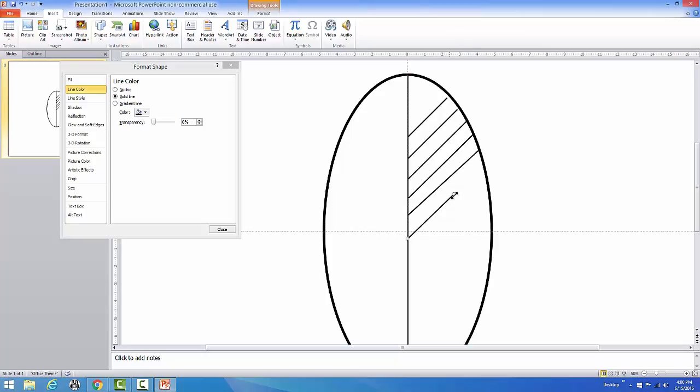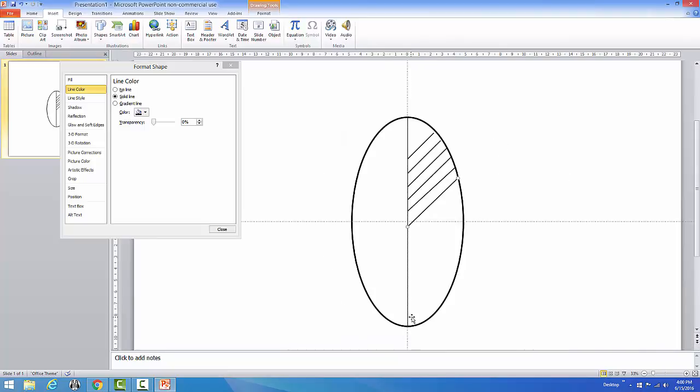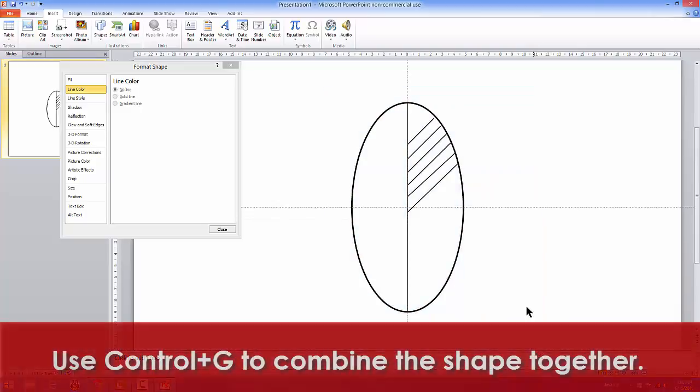I'm going to make these all the same size just for the sake of argument. So the point is, if you do this all the way down this side, your leaf is going to have much more texture and depth to it than if you just used a regular circle. So once I have this all done,